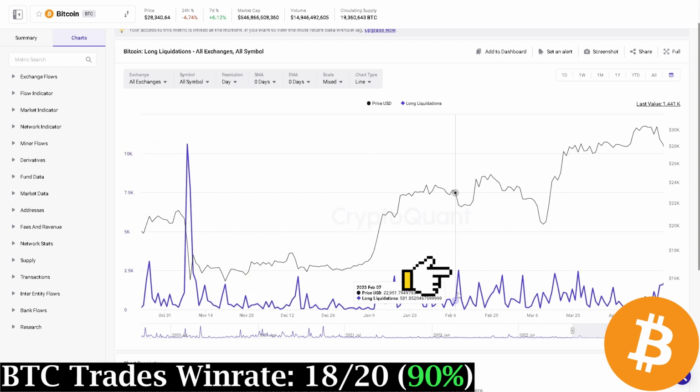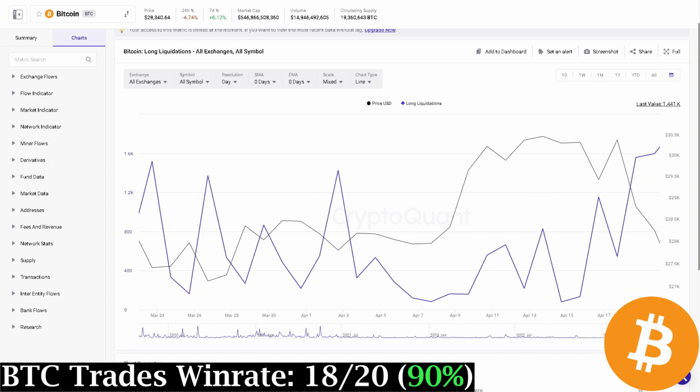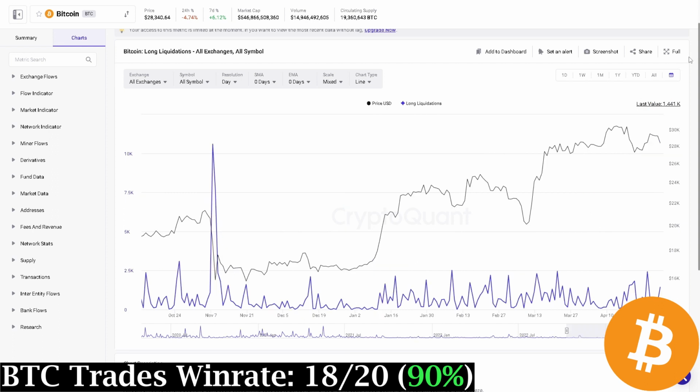We have a spike here before this move up, and we have a spike here before this move up. And currently right now, if you zoom in, long liquidations are looking like they want to keep on going up. It's really hard to make accurate predictions like this as the markets are fairly random. But in terms of numbers, I am expecting a larger amount of long liquidations here before we can see another